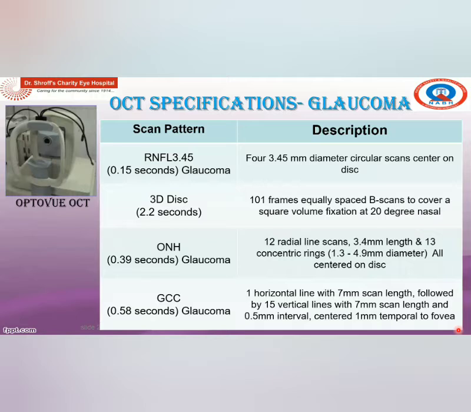Optic disc. The centration point will be the optic disc because you are having a circular area of capturing. In retina, you have a line, you have a grid, you have a cross line. The circular pattern needs to be coincided with the disc. So the scan captured will focus on the glaucoma part like 3D disc. Similarly, this will give a three-dimensional picture of the disc.